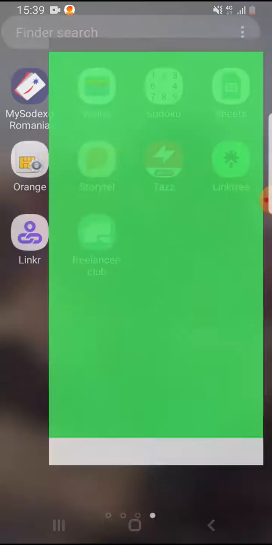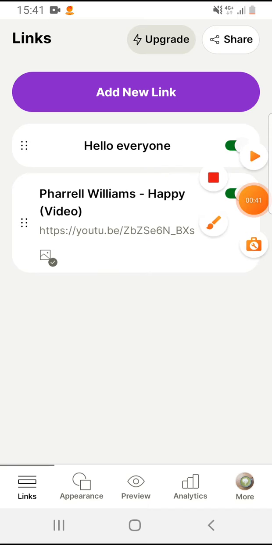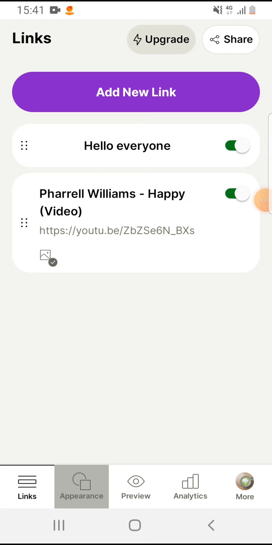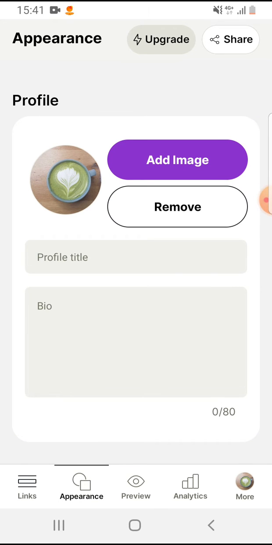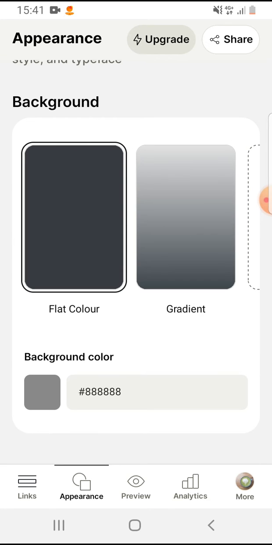So let's jump into it. Open the Linktree app. Then go to the appearance on the bottom, second icon, and scroll down to the background, and here you can select a flat color or a gradient background,